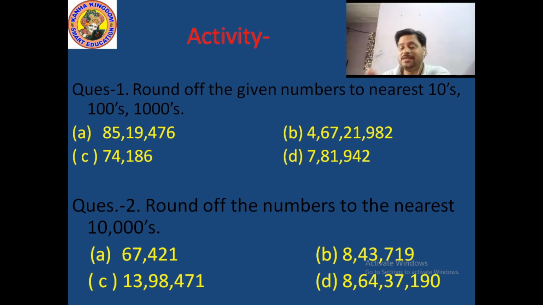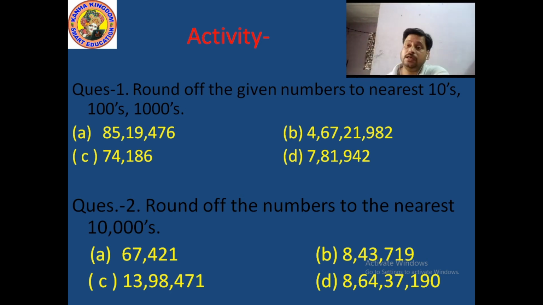Here also, if the tens place value is less than 5, you convert the tens place value and ones place value into 0, and the 100 place value remains the same, nothing is changeable. After that, whatever the place values are left, nothing is changeable. You just write down the same place values.